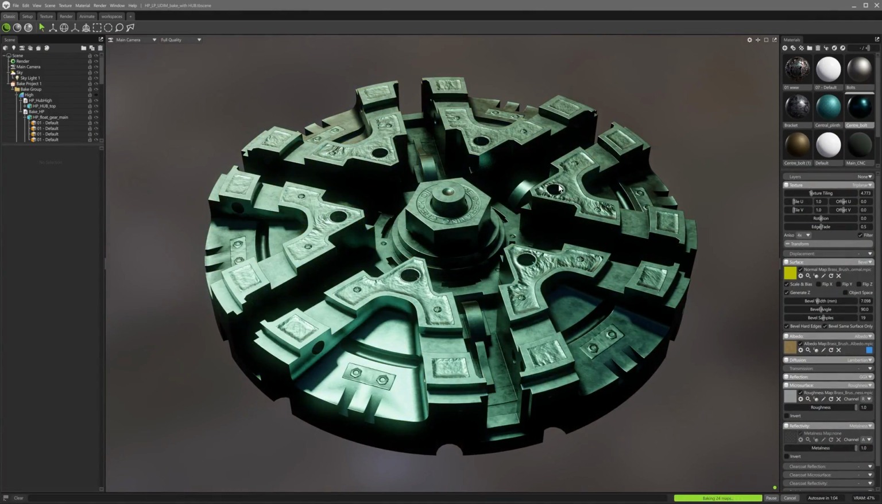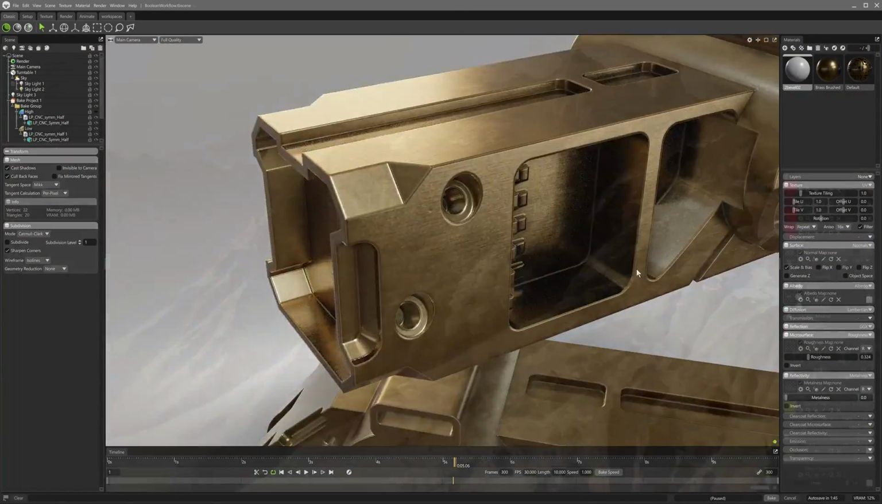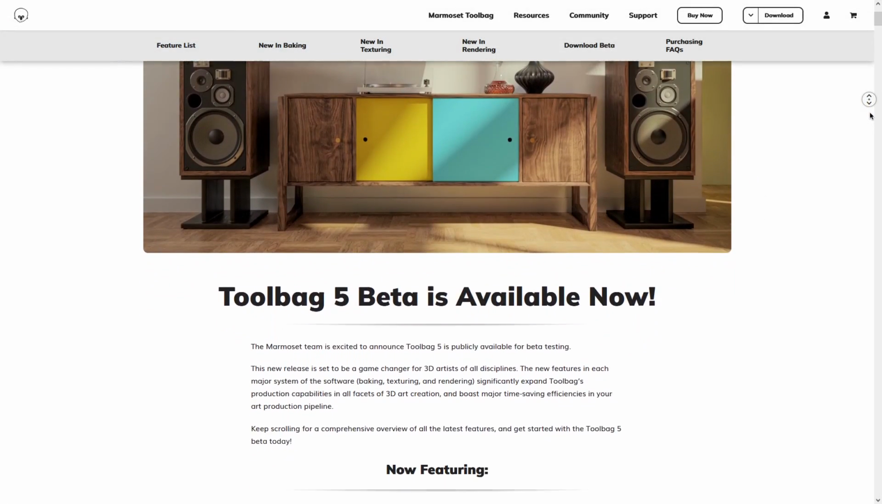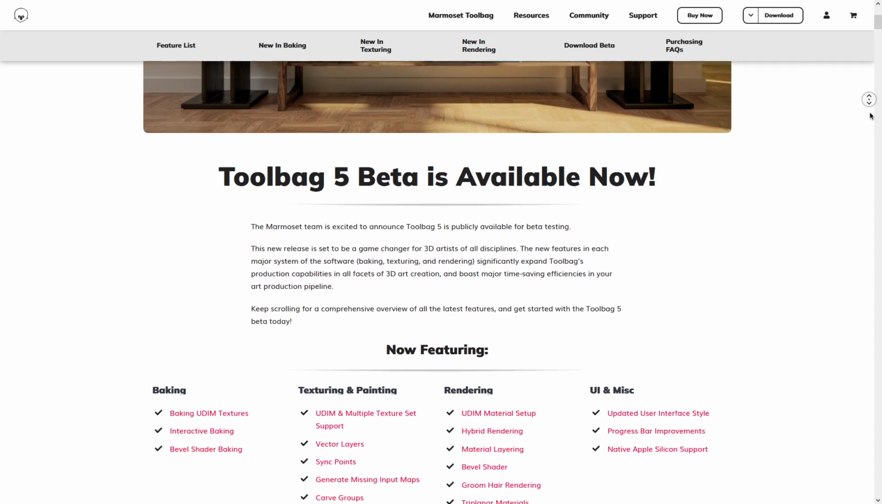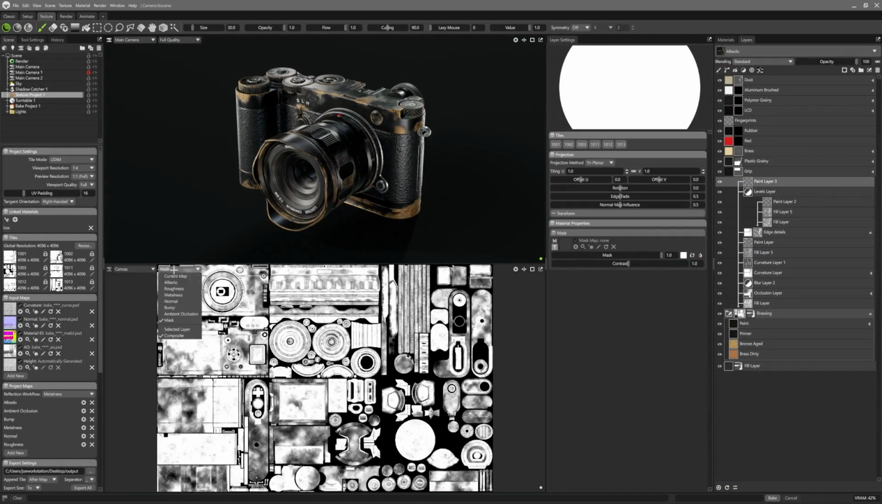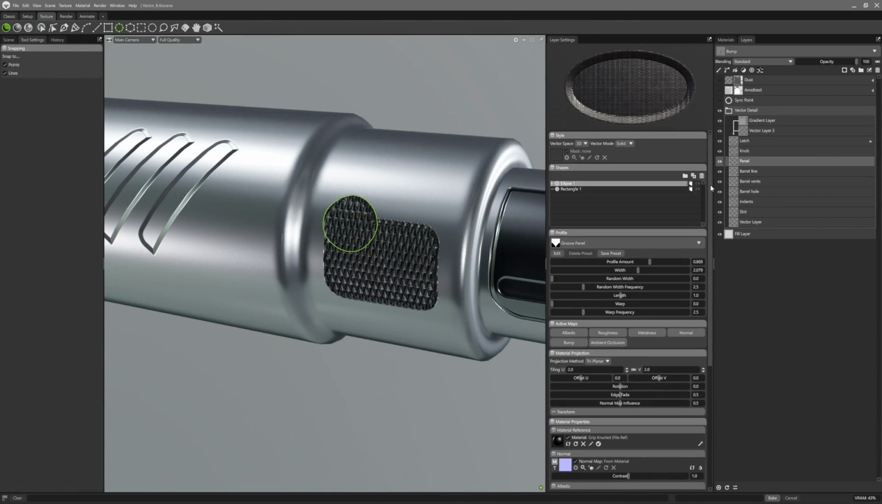Today I brought you some news relating to Marmoset, the real-time rendering, texturing, and baking tool, and its next version 5. Marmoset has recently announced the beta testing for Marmoset Toolbag 5, which is now open to the public. And the developers claim that this new release is gonna be a game changer for 3D artists of all disciplines,